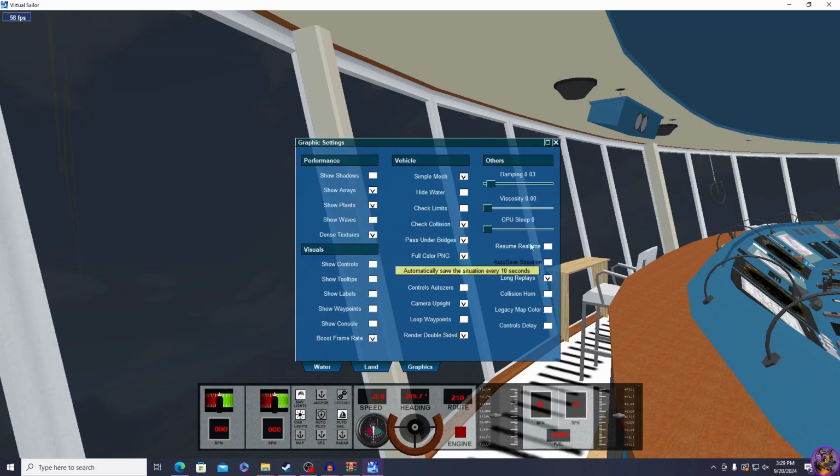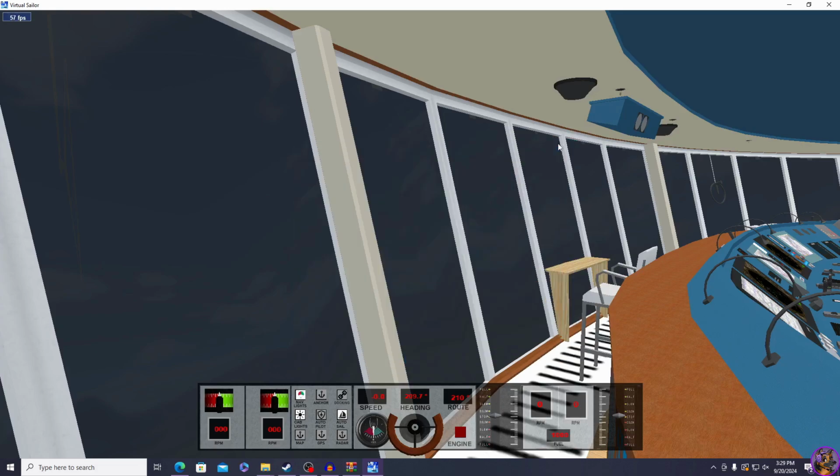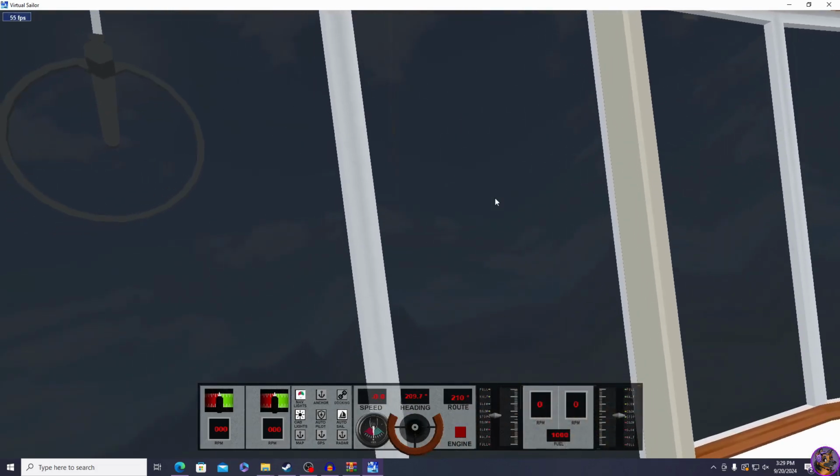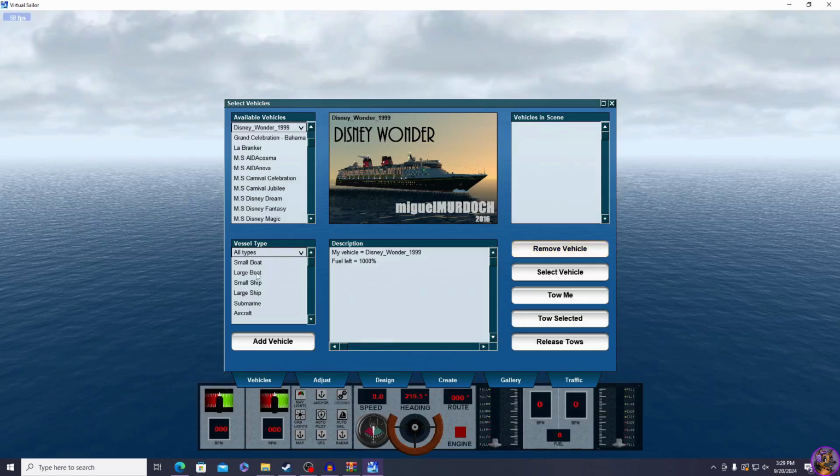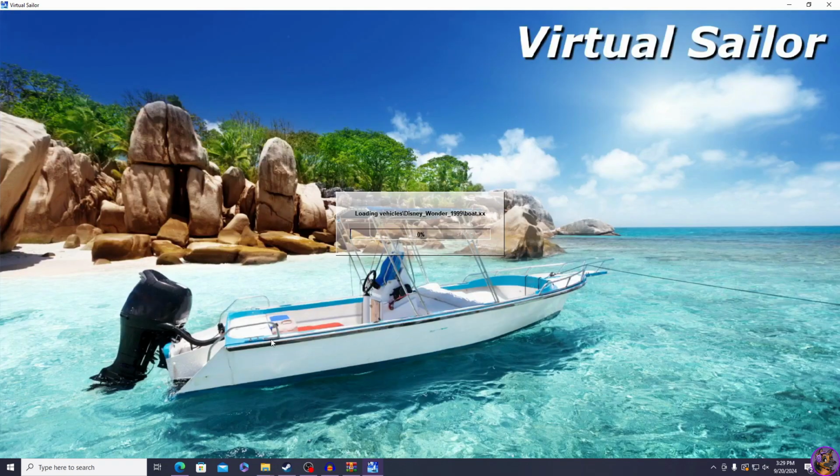It's fascinating because, again, you don't know that you'll have these issues until you do. So when I've made a change like that, this is what you need to do. I'm going to make it go away. I'm going to re-add her to the sim. Again, it's been a while since I drove the Disney Wonder as well. So, again, I may have changed something at some point